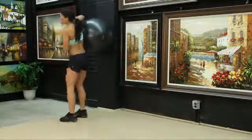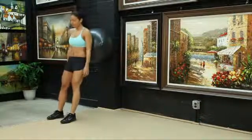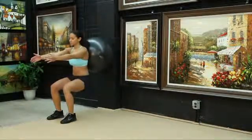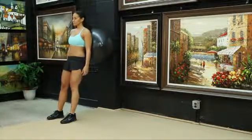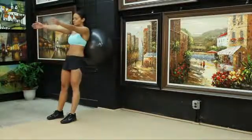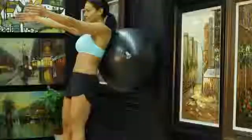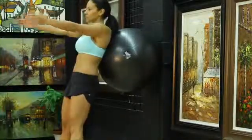Let's get into our second set. I'm going back to the wall, placing the ball in the small of my back, feet shoulder width apart, leaning at an angle, coming down 90 degrees and back up for 1, 2, 3, breathing out on the way up, 4, great work, 5,